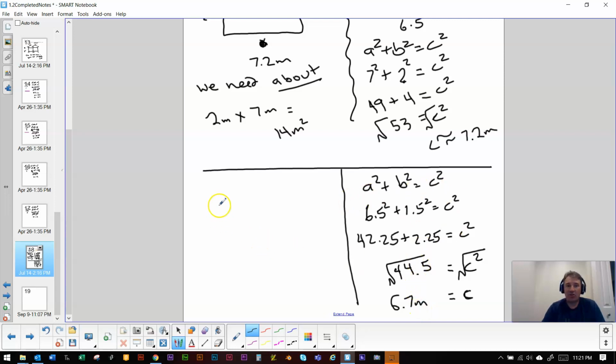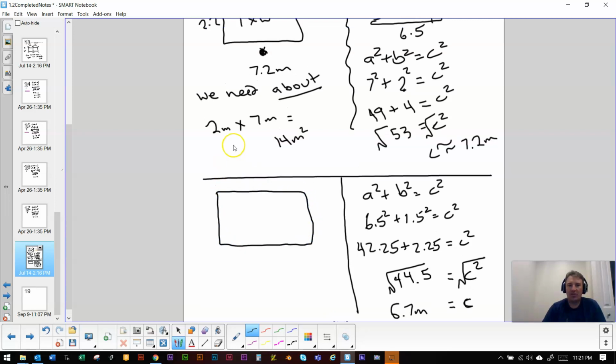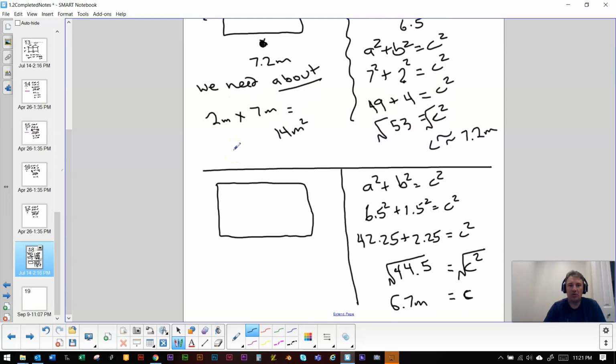But we're not done the question. We needed to use that number to figure out how much carpet we needed for that top part. So what number did they give us? They gave us 2.2 meters on this side. So that one was 2.2. And we figured out this side by doing this. So that is